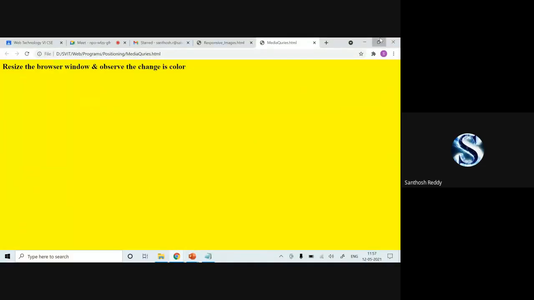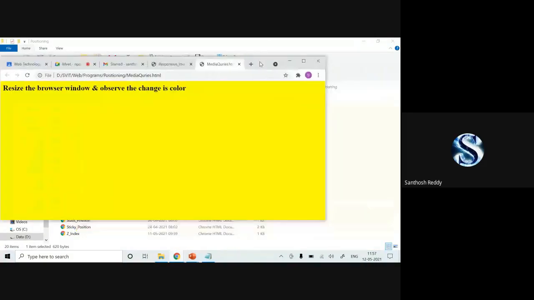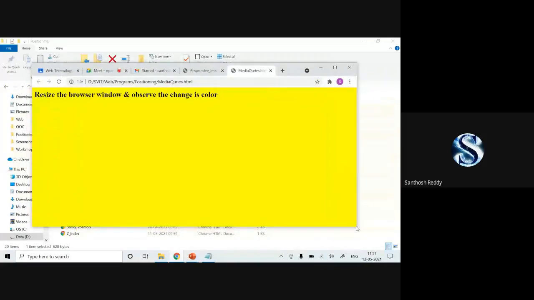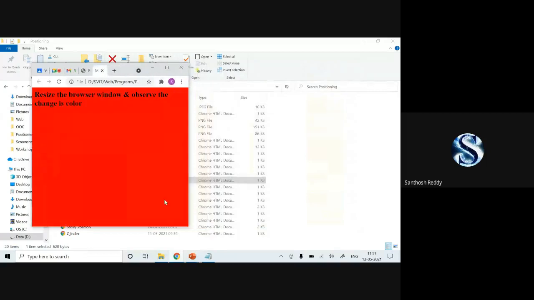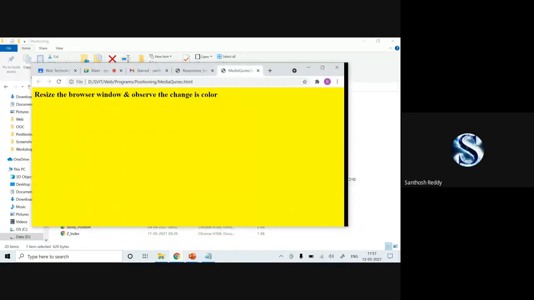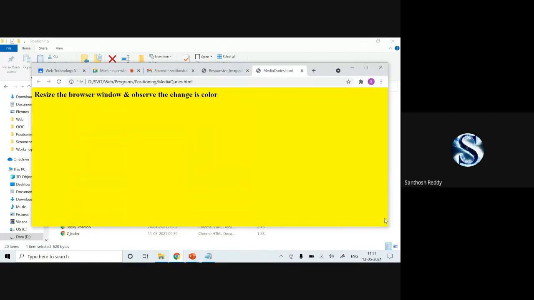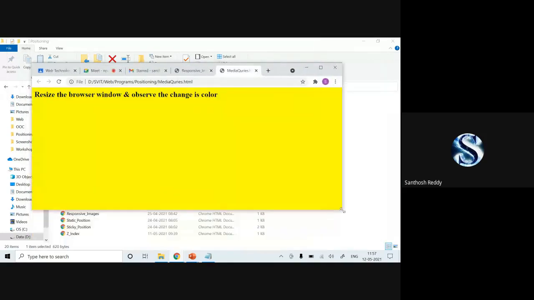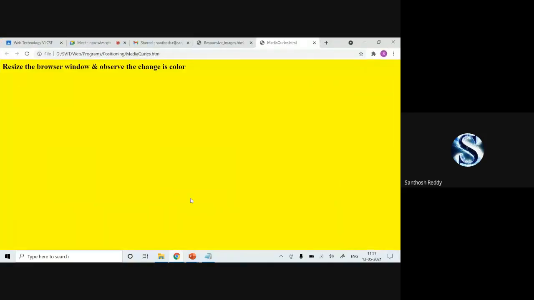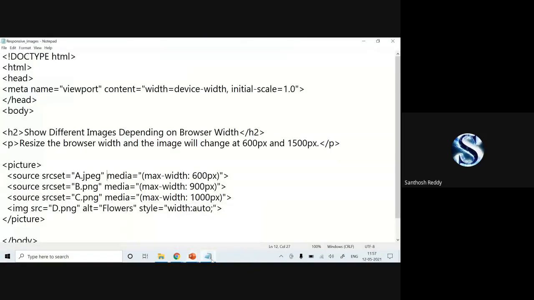Now when I resize it, see, now it is red color, then yellow color. I have only these colors for this maximum width. The same way you can apply different colors.